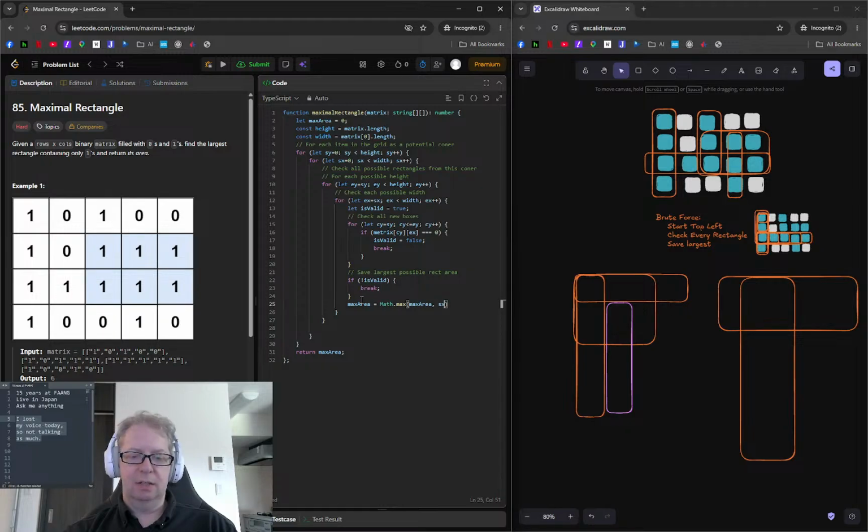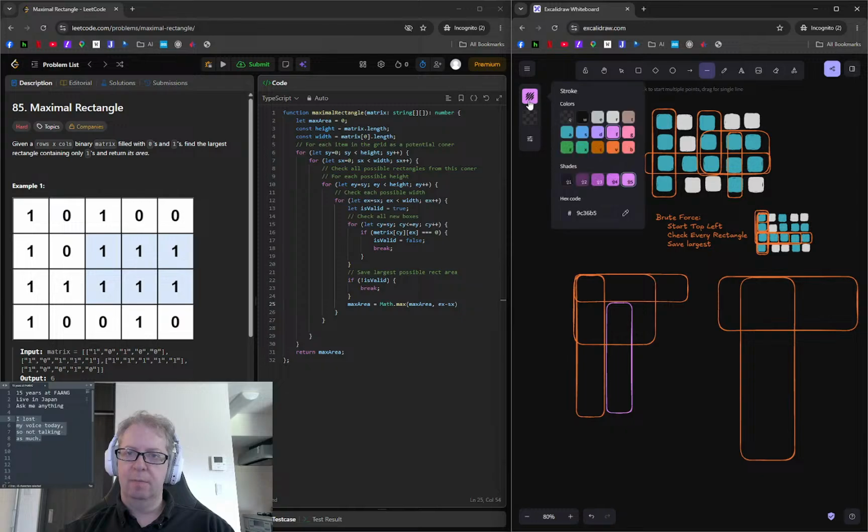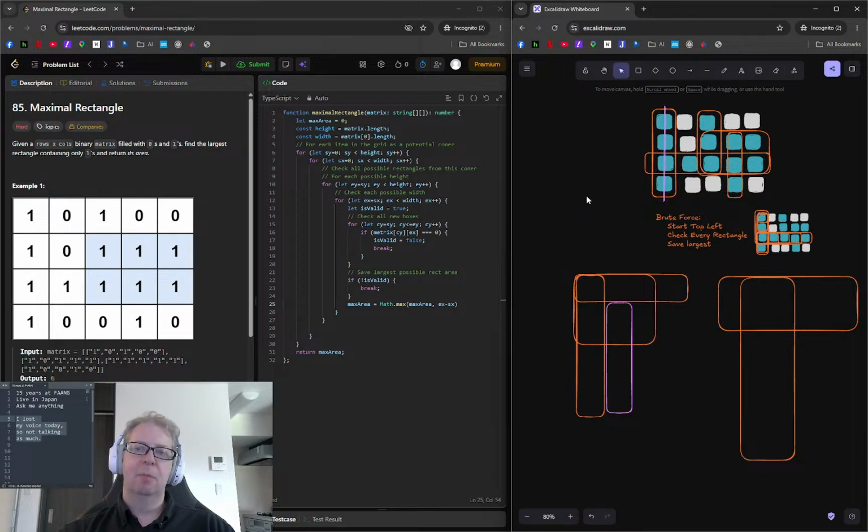x minus start x, which technically is going to be one more than that, because when they're at the same location, start x and x might be the same index over here. Right? All the same x's. But that width is 1. So